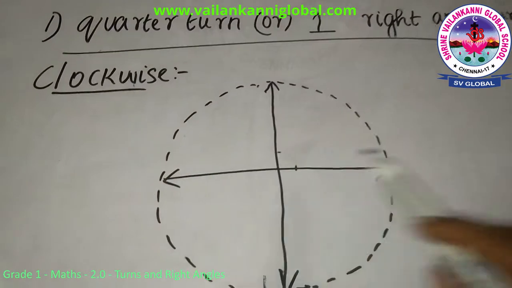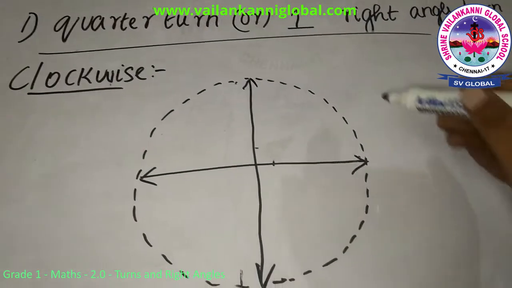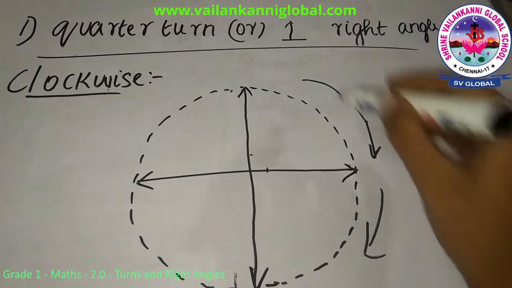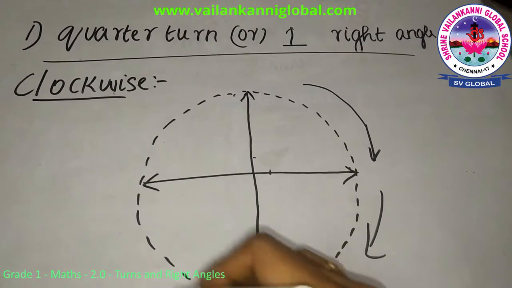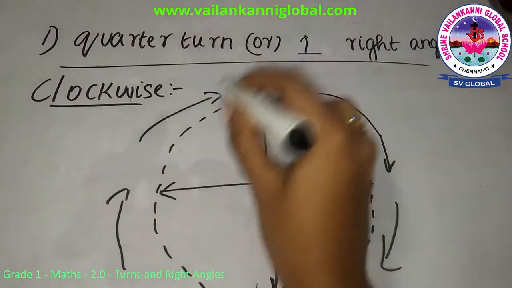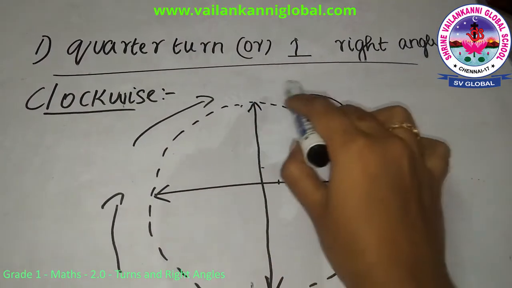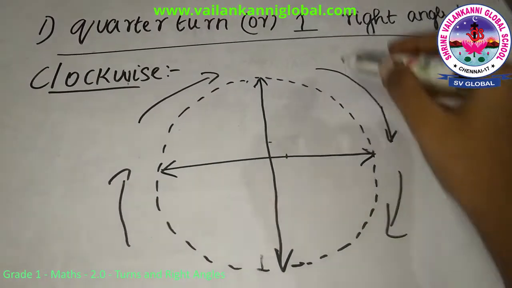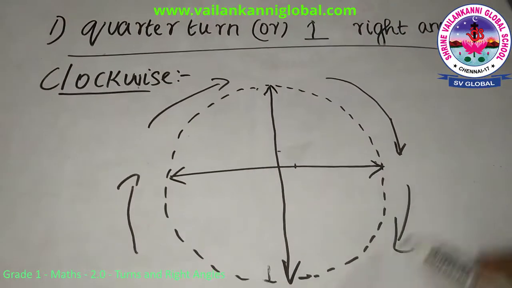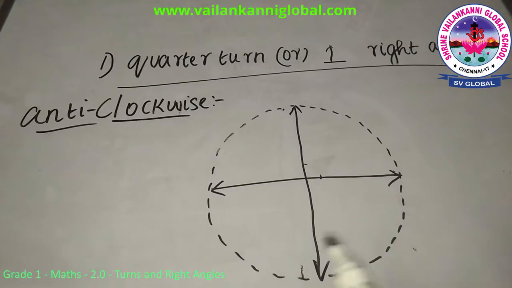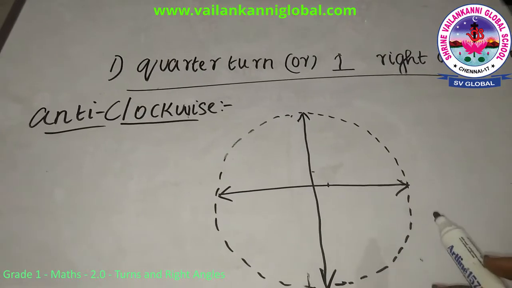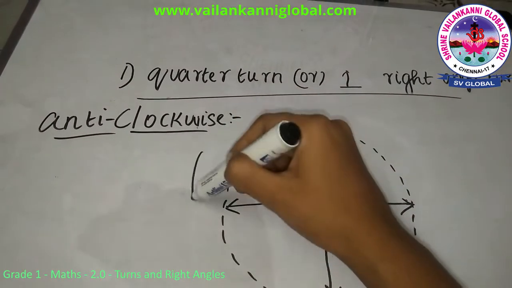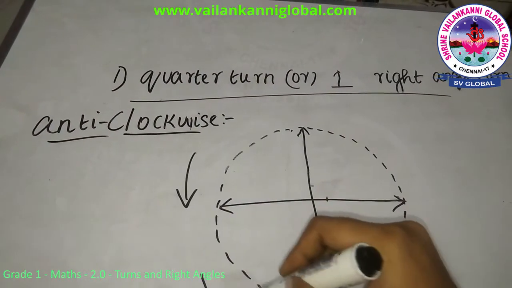So simple. Clockwise is nothing but just look at the hands of the clock. How does it move? It moves towards this side, right? The hands of the clock are moving towards your right. So this is clockwise direction. If you can see the clock, the hands of the clock will move like this. So this is nothing but the clockwise direction towards my right. If it is moving like this, this is clockwise direction. Anti-clockwise is nothing but just the opposite of clockwise. So clockwise was moving this side, anti-clockwise will be moving this side like this.